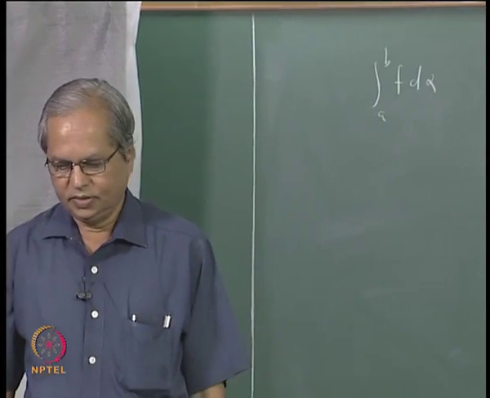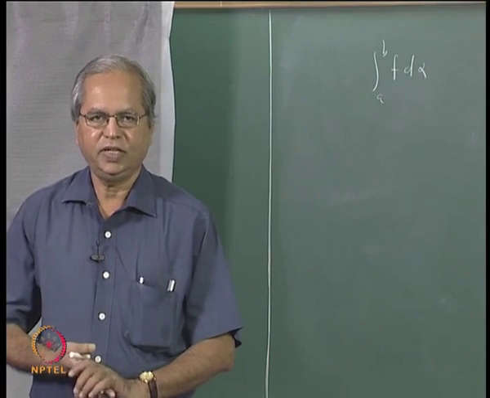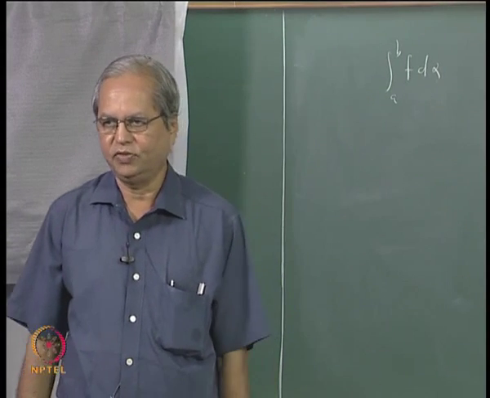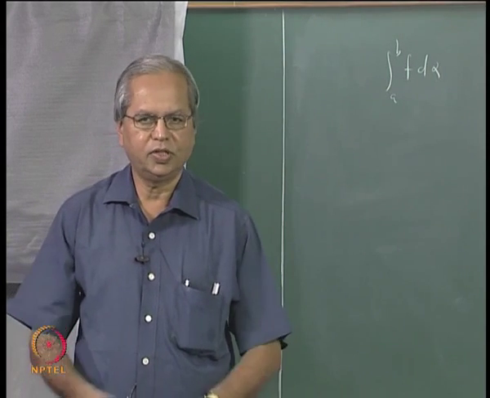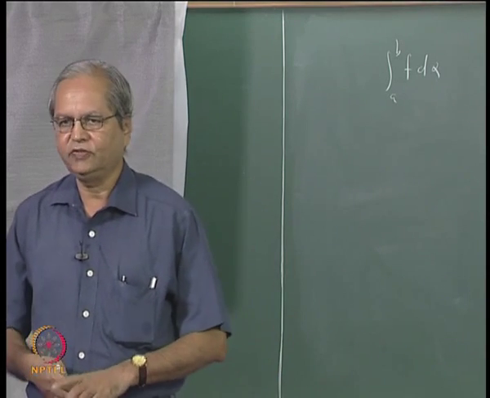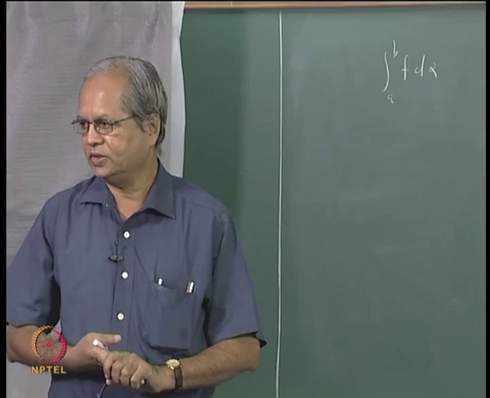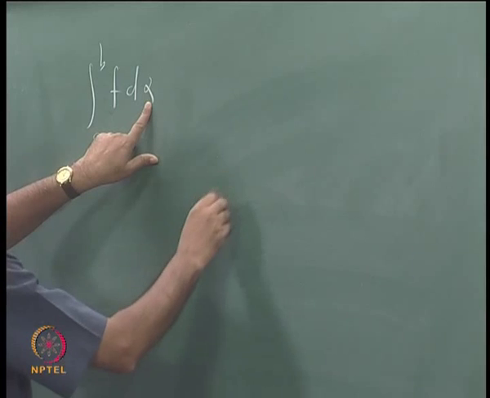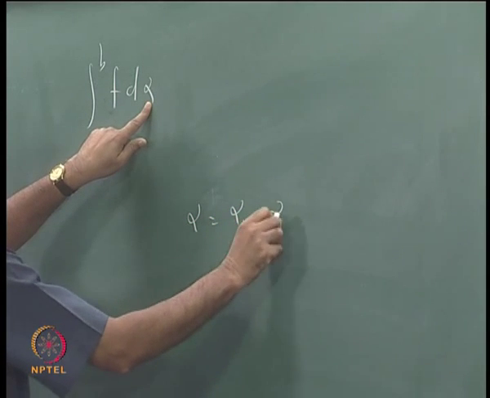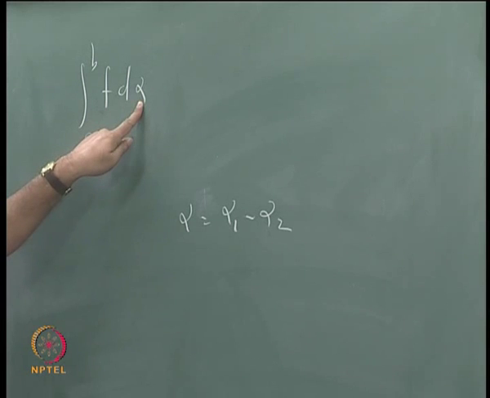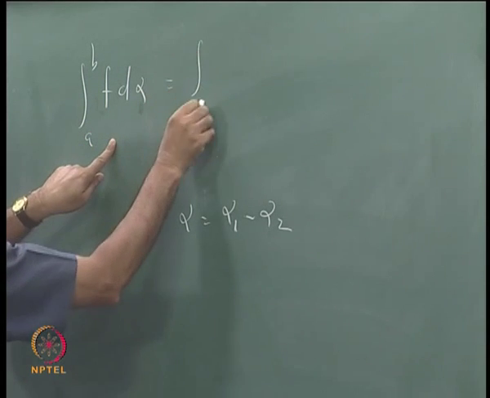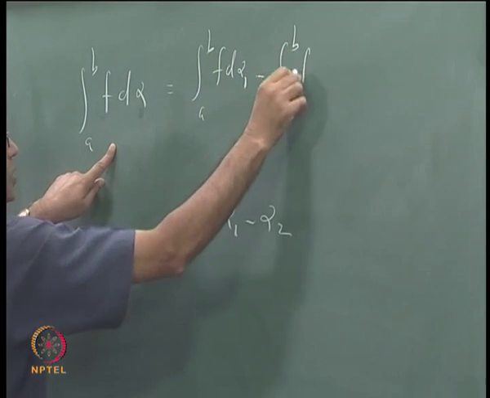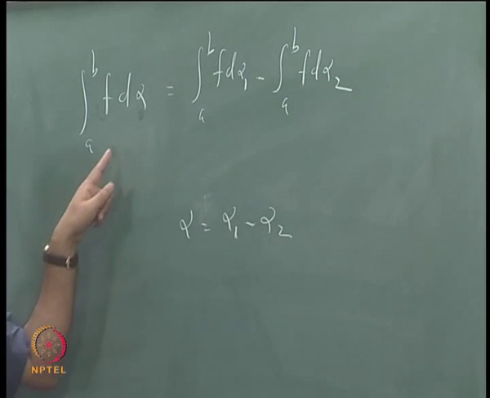And the crux of the discussion in the last class was that we can replace the class of monotonically increasing functions by a class of functions of bounded variation. Every real valued function of bounded variation can be expressed as a difference of two monotonically increasing functions, and hence if alpha is a function of bounded variation, and you write alpha as alpha 1 minus alpha 2, where both are monotonically increasing, then you can define this integral as integral a to b f d alpha 1 minus integral a to b f d alpha 2. That was the idea.